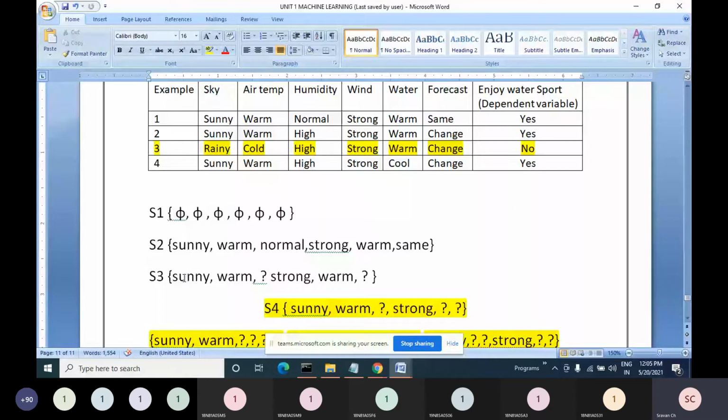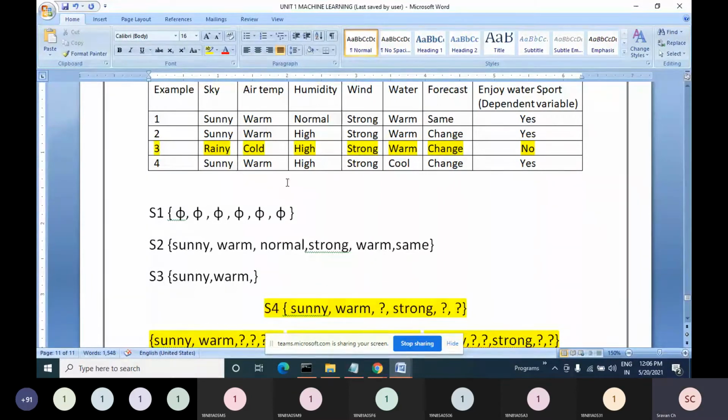See here. I'll write once again for you. In the second record, what is the value of first parameter? Sunny. What is the existing value in S2? Sunny. I'll write Sunny as it is. Right? Which record we are observing now? First record completed. We are observing second record. What we are updating? Most specific hypothesis. So compare second record and most specific hypothesis. So Sunny and Sunny matching, so write it as it is. What is the second parameter's value? Warm. What is there in the most specific hypothesis? Warm. So it will remain as it is.